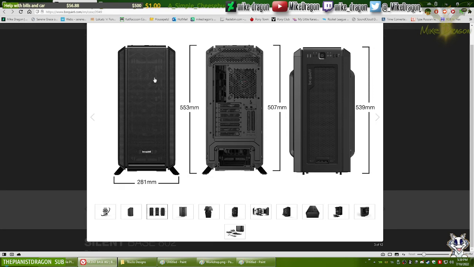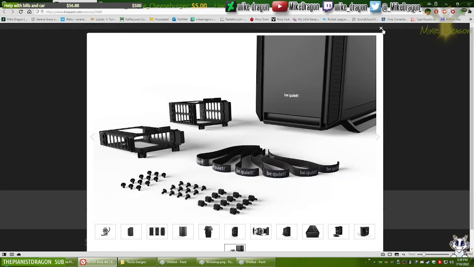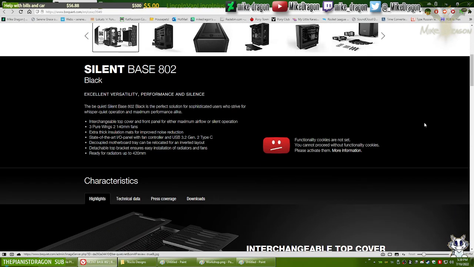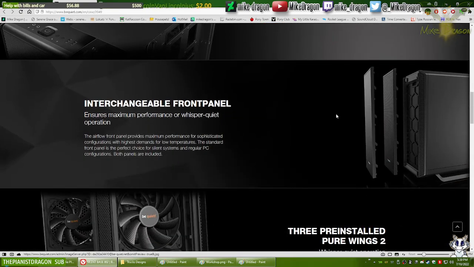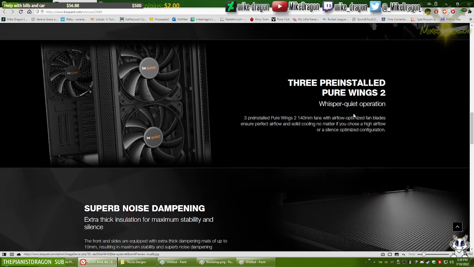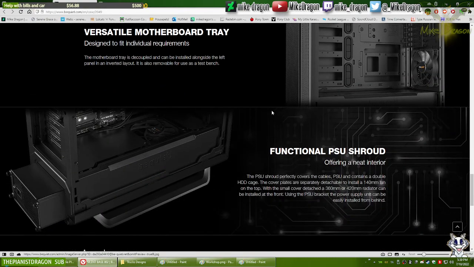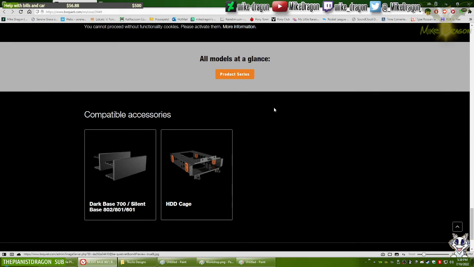No front bays. This would not work for me. I need my optical drive. Is there any information of what comes in the box? Front panel. There's two shrouds. Compatible accessories.